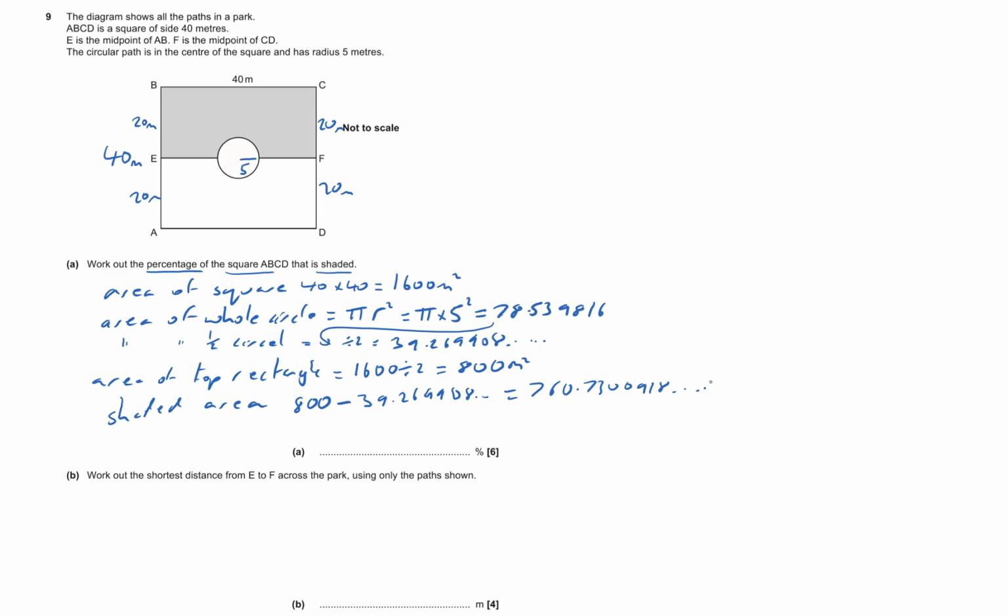But that's not the question. The question asked me to work out the percentage of the square. So I know the shaded area. So the percentage shaded is the amount, so 760.7300918 divided by the whole thing, which is 1600. And that's a fraction. So I need to times that by 100 to put it into percent. And that equals